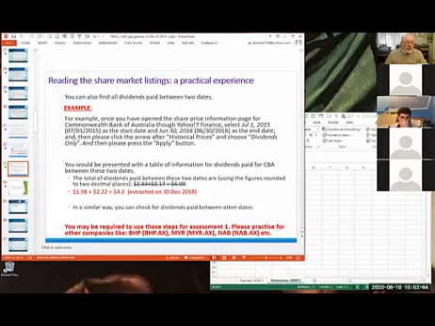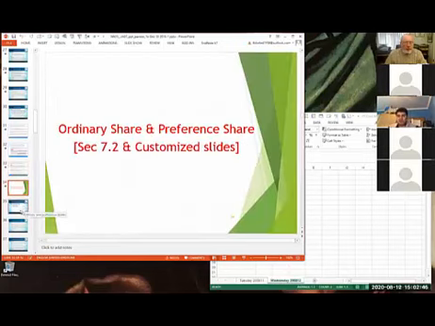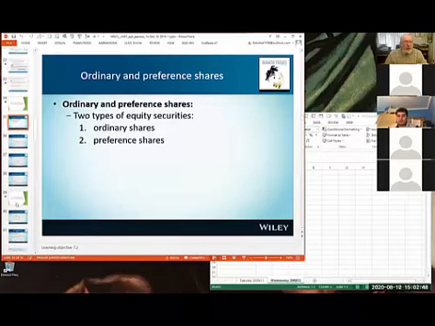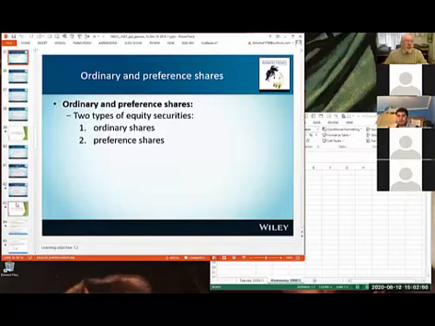It's pretty straightforward to work out what's going on there. Okay, need to distinguish between the different types of shares. We're going to talk primarily about two different types of shares. There's a lot more types of shares than just the two that are listed here. But at least it gets you started. It puts your toe in the water. It gives you an idea that shares in companies, there's more than one style.